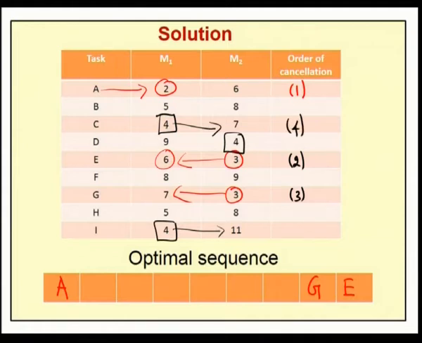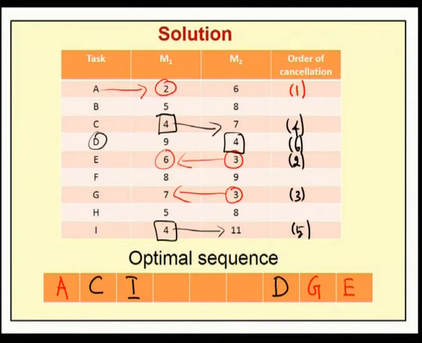So we have to select this task, which should be placed next to the first. So next to the first, next task is C. After selecting the task C, next we have to select the task I. Therefore the next task is I. The order of cancellation is 5. Now that same 4 occurs under the machine 2, corresponds to the task D. So next we have to select this task D. Therefore order of cancellation is 6. So next we have to select the task D, which should be placed next to the last. So we place D here.